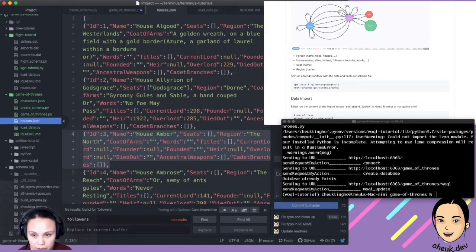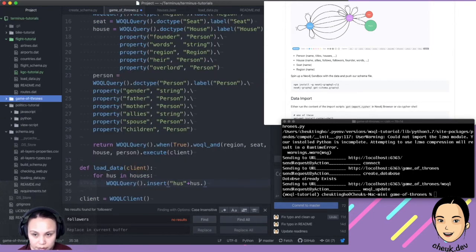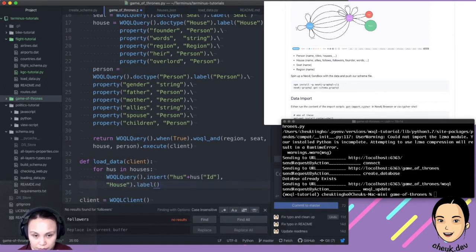Yeah, ID. So it's capital I. Right. Okay, so this is the ID of it, and it should be a house. And dot label. Label would be the name. So house name, and it will have some properties. So the properties will be